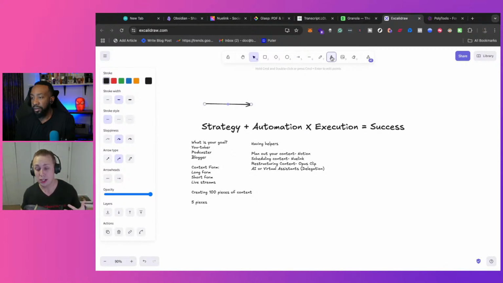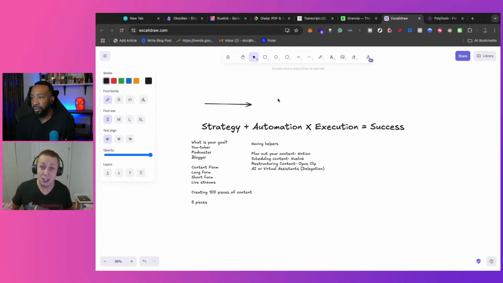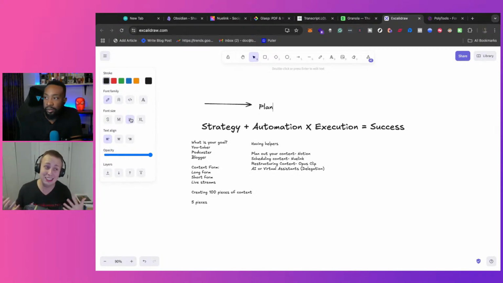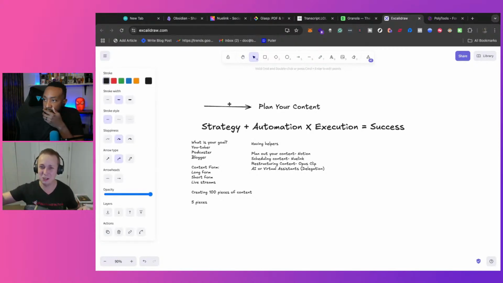When you're creating content and planning it out, you have to actually go ahead and do it. I found myself plenty of days where I would be like, I don't have enough energy for it, or my day flew by and now I don't have time to make content. So what I ended up having to do is use Notion's calendar and drag every piece of content over to the next day.